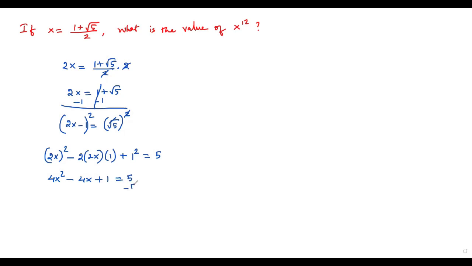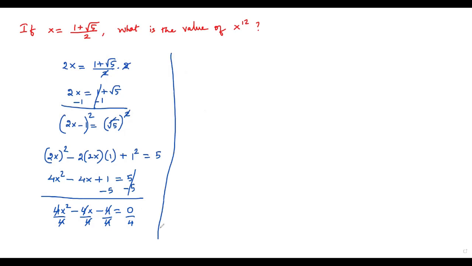Okay, now let me subtract 5 from both sides of this equation. Then positive and negative 5 will cancel out. We get 4x² - 4x. When I combine these two values, I'm getting -4 equals 0. Okay, let me divide each term of this equation by 4 because everything is a multiple of 4. Then this 4 will cancel out, here 4 will cancel out, and here 4 will cancel out. Then we get x² - x - 1 equals